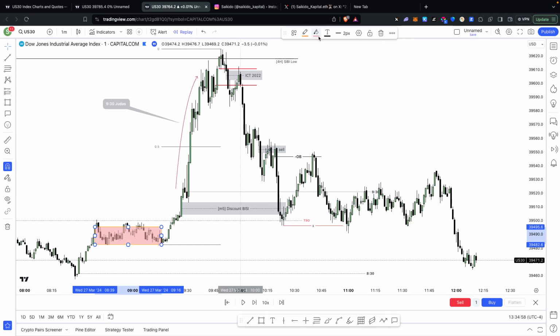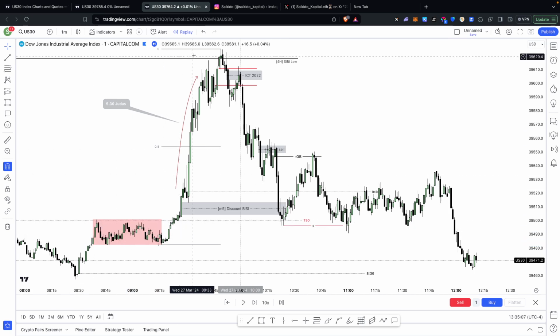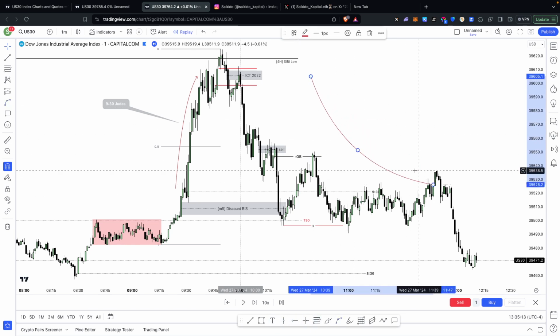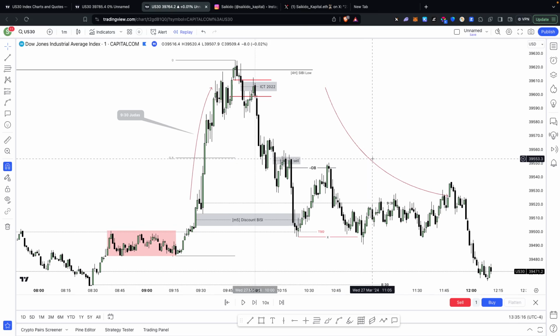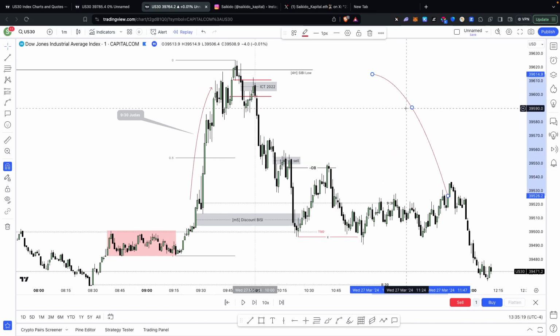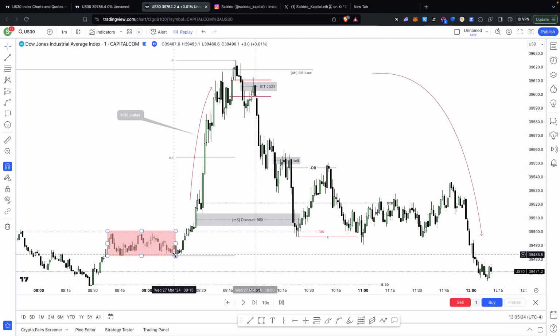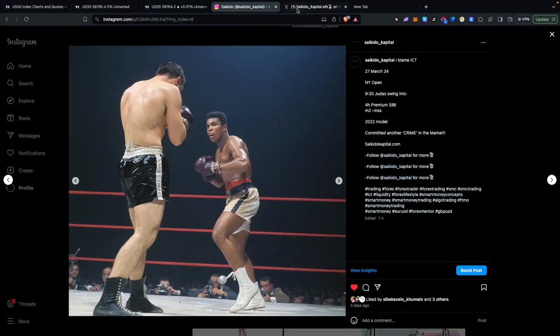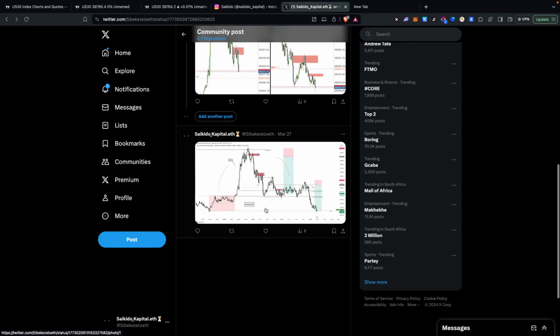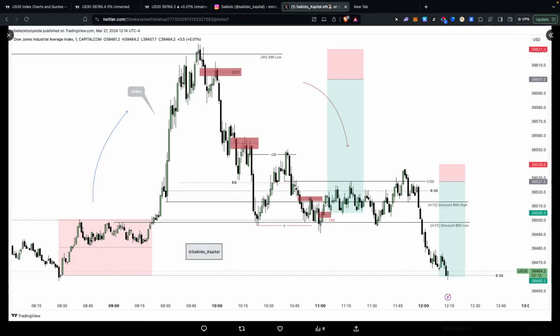Let me just show you real quick. Original consolidation lows. I don't know if I had these things highlighted on mine. That this is a buy model, then this is your sell model right here. Back to original consolidation lows right there. So I don't know if I have this highlighted. Oh, I did actually. There's a chart on my X, and the original consolidation lows is actually the 8:30 opening price.